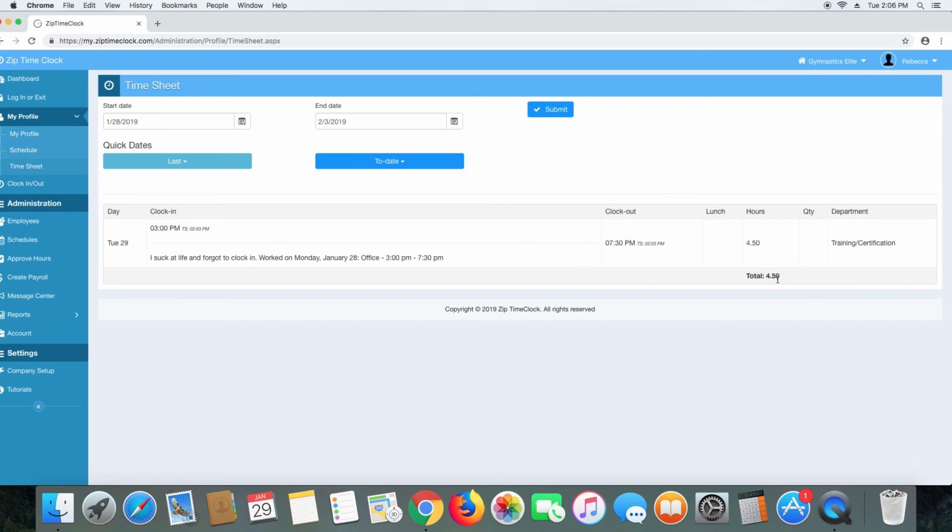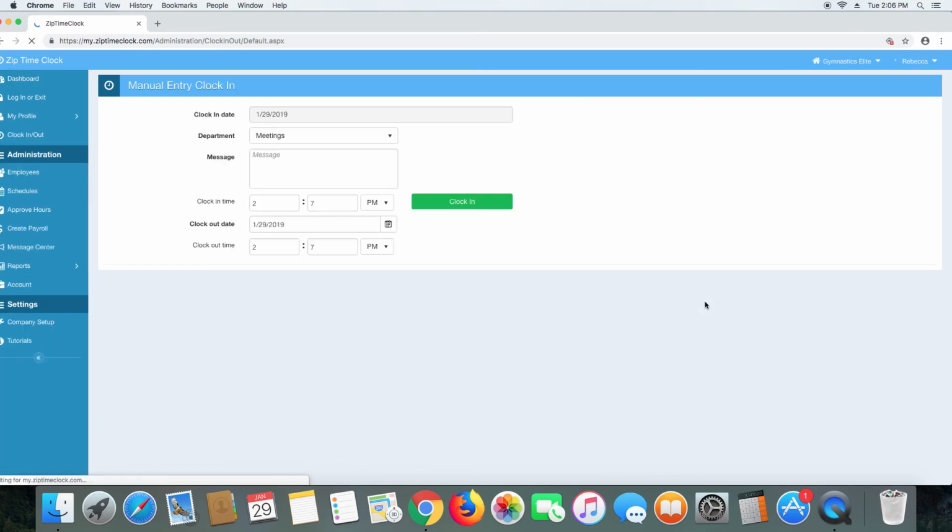Okay, so don't just base it off of the total number. Go day by day, check the times, check the hours. It adds up the hours for you, so it'll kind of make it easy for you guys to keep track. But you guys have access to this at all times, and that is the majority of our Zip time clock. If you still have any questions, please make sure you get with your trainer and let them know. Maybe you missed a part, maybe you didn't necessarily understand it, but that is our Zip time clock. And yeah, let's move on to